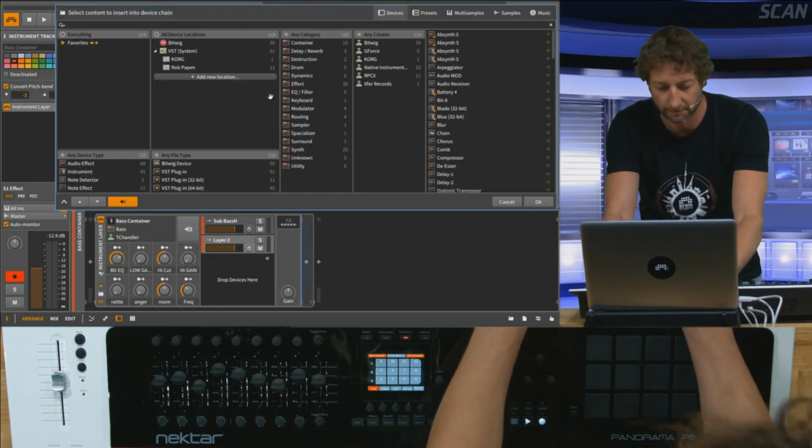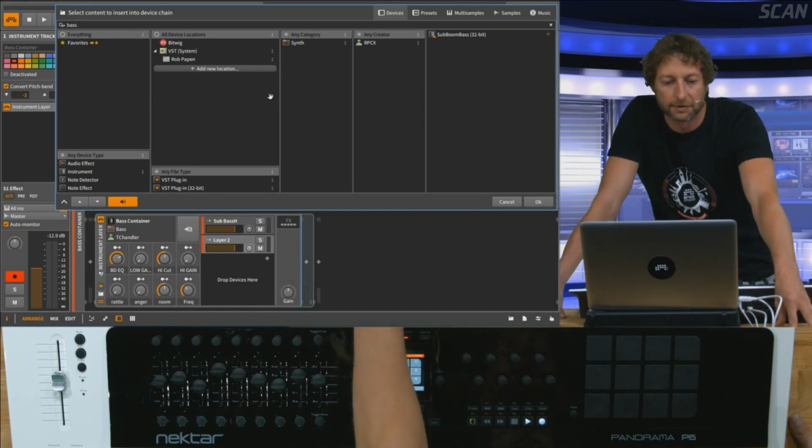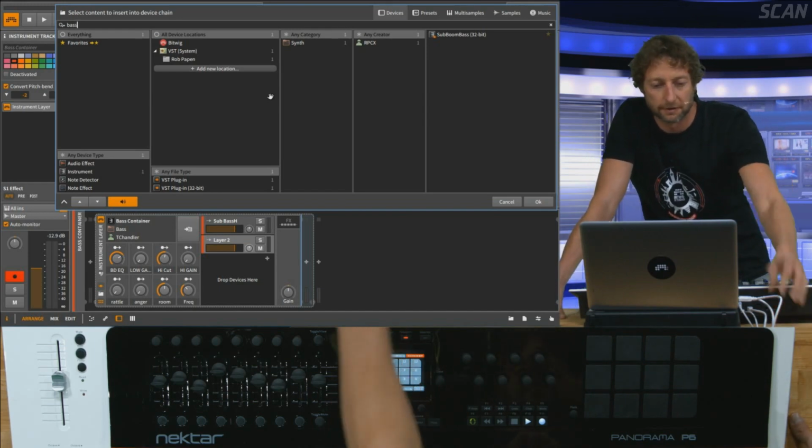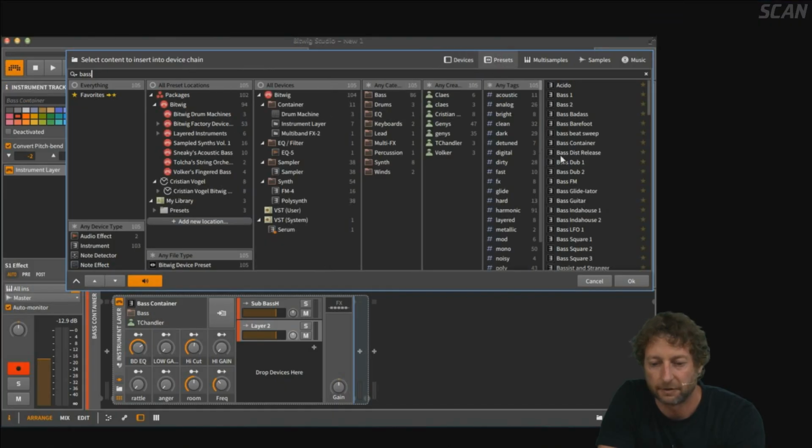So this is another good way of demonstrating the speed at which you can work and some of the uses of the browser. I'm just going to type in bass, and you can see I've got presets for all of my VSTs. I can dive into different types of bass, based on the meta tags for the patches. It's all of the devices, all of the VSTs. I don't care what device it is in this case. I just want to audition the basses, and I can do that from Panorama